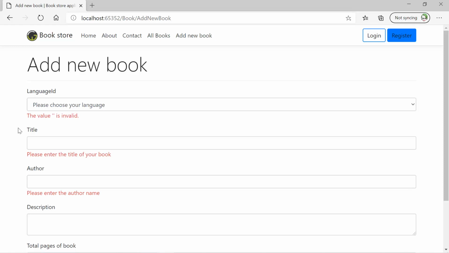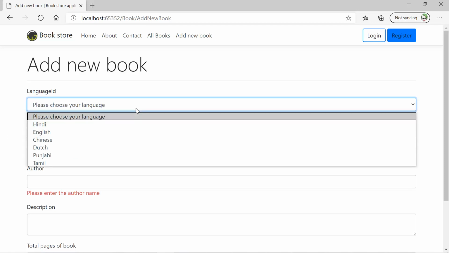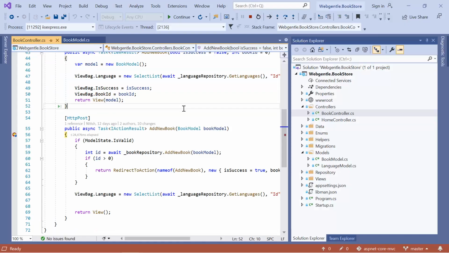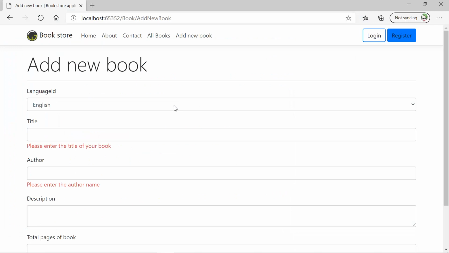Okay, so what is happening over here? Whenever we click on the add book button, a request goes from our client to the server, and then the data gets validated on the server, and again we get the response as an error. Okay, now let's fill some data. Suppose I am choosing the language of my book. Let's click on English and again click on the add book button. Again the same process is happening. The request comes onto the server, we validate the request over here, and then we get the response, and we display the error messages over here. So what is the problem in this approach?